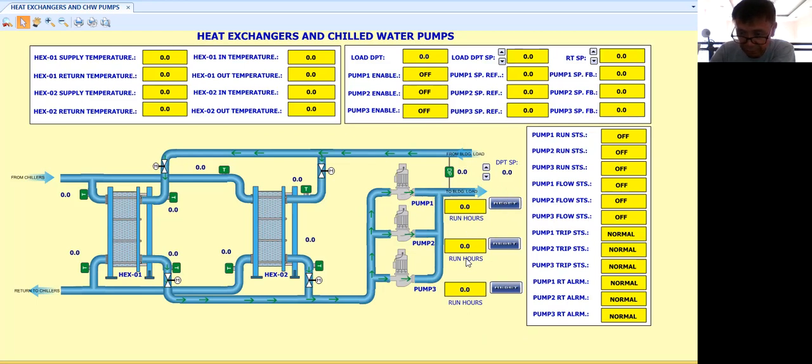Then also we are going to monitor the run hours of the pump for sequencing purposes. Then we have here our runtime reset, okay? So again, guys, this is a typical layout of heat exchangers and chilled water pumps, okay? Then in the next tutorial, please watch for it, I will be trying to simulate the operation of this based on a simple control logic program for the pumps. Okay, so guys,